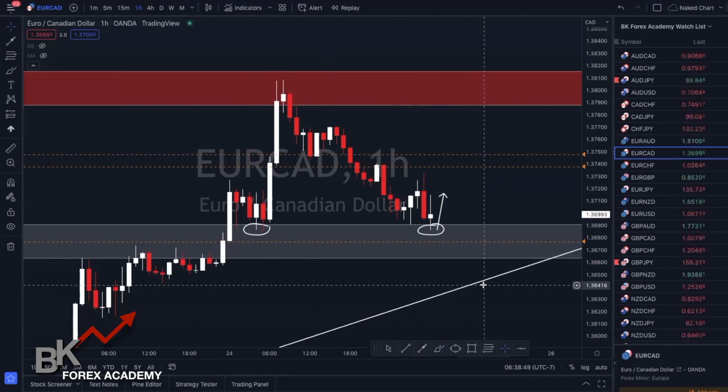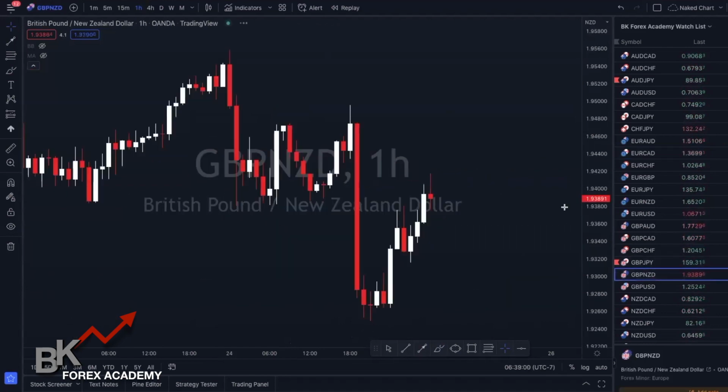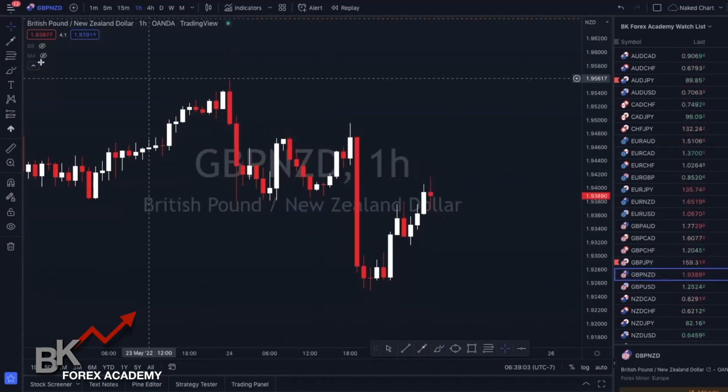I'm also scalping GBP NZD right now. So within this hour, I'm up quite a bit, doing very well. And I'll show you my progress shortly, but I'll just switch over to GBP NZD, and you can see here on this 1 hour,